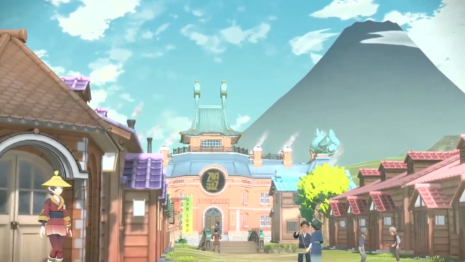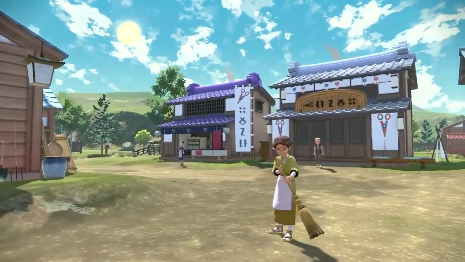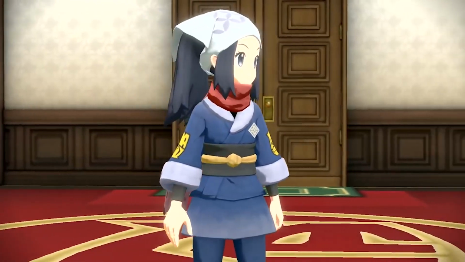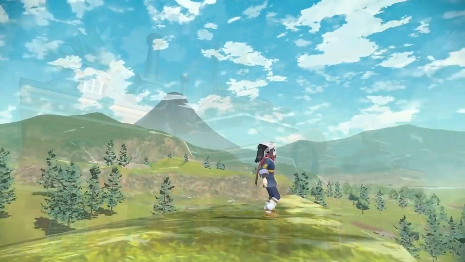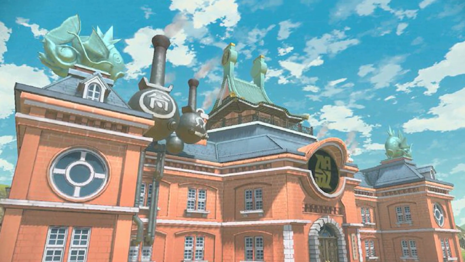Moving along though, another thing that we get to see in this trailer is a better look at the town that we got to see in the first trailer, and we even get to learn its name, which is Jubilife Village. This is in fact what is eventually going to become Jubilife City in the modern Sinnoh region. And if we look at the building of the Galaxy team, who is the team that you are working for